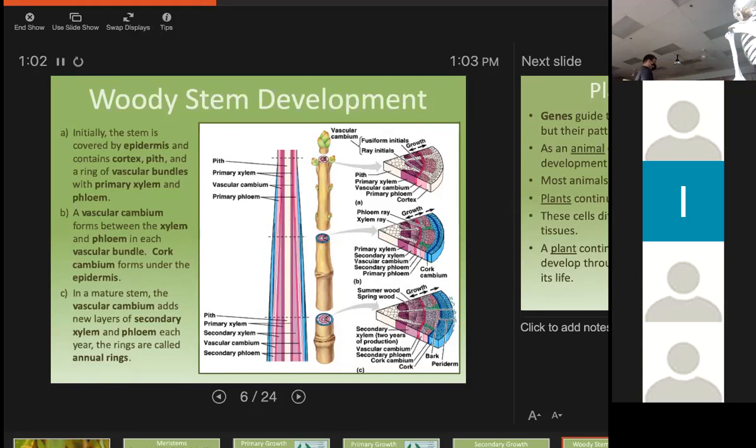Now, in mature stems, the vascular cambium adds new layers of secondary xylem and phloem each year. And that's what forms the rings in the trees, is this vascular cambium. So when you're looking at a stem,